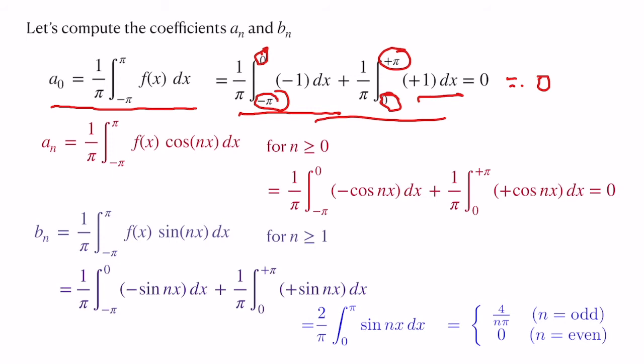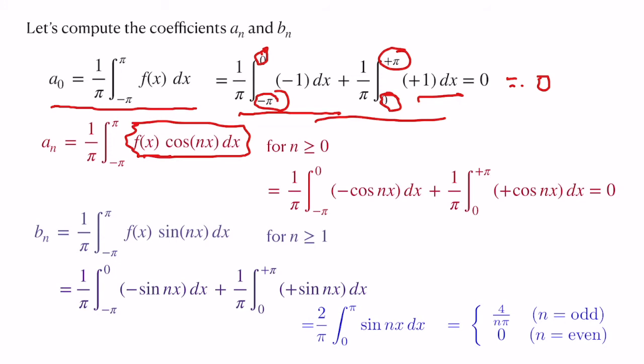And one also needs to pay attention to another important factor, whether the function is an even function or an odd function. If the function f of x is an odd function, then the integral of f of x cos nx is going to be 0, because the product would be an odd function and the integral is going to go to 0. On the other hand, if f of x is an even function, then the sine coefficients bn are going to be 0. So this is where you have to pay attention to the even and odd nature of the function. Only one of the series is going to contribute. For a mixed function, both terms would appear.